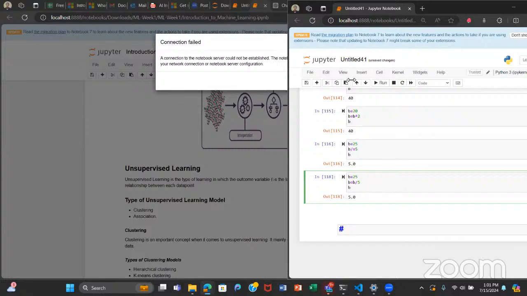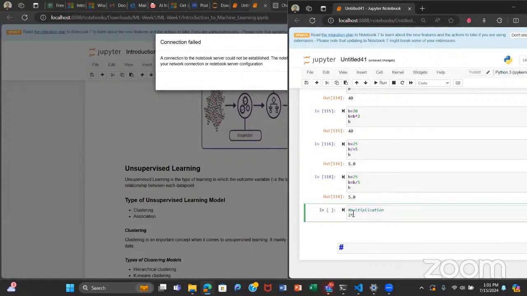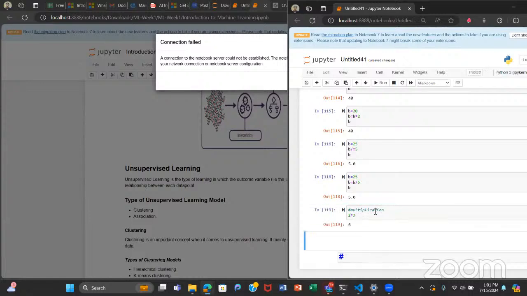The single asterisk is just multiplication. That's what it is really. That's what the single asterisk is.